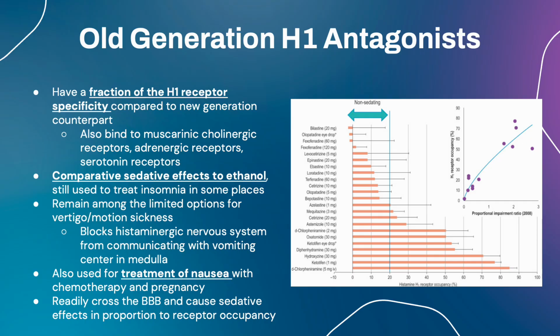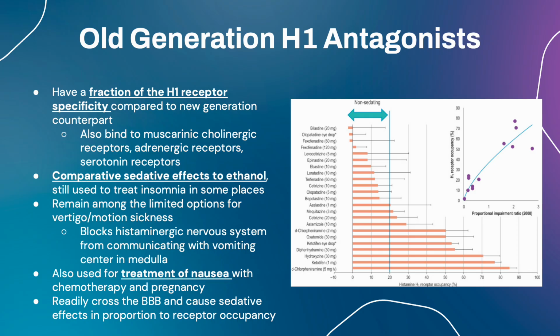And that is relevant because they are indicated to treat things like insomnia, and they are one of the few options that remain to treat motion sickness. They do that by blocking basically the histaminergic nervous system from communicating with the medulla's vomiting center. So it's one of the ways that they can treat motion sickness. So there are uses. You also see them used in nausea treatment for chemotherapy, nausea treatment for pregnancy, but really